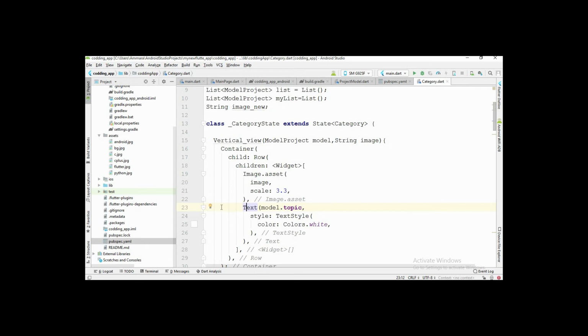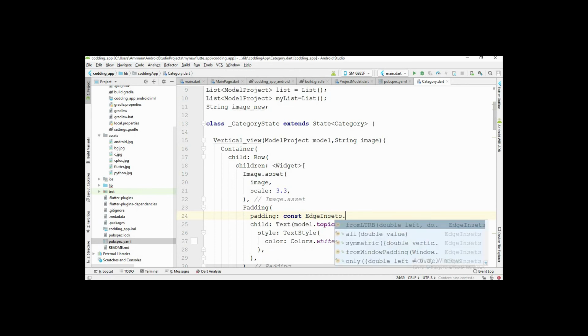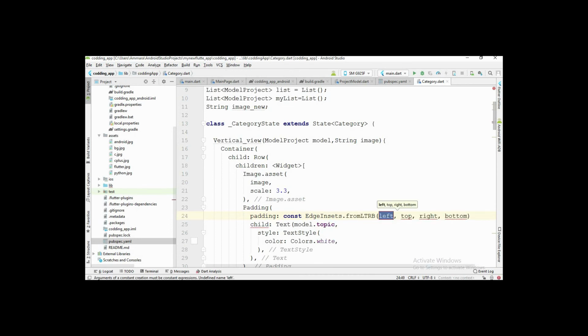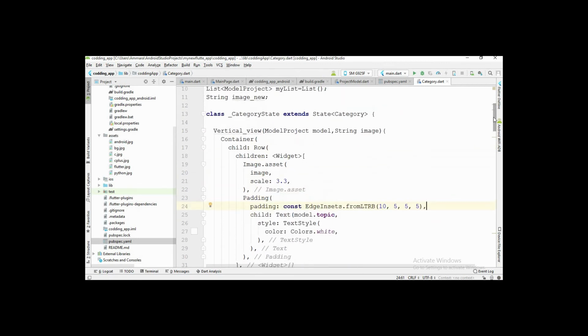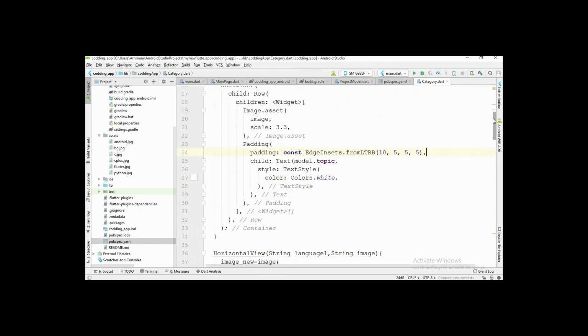So now I give some padding to this text, so that's why I'm using padding. And here I remove all this and I use this left right. From left I give 10 and from all other sides I give 5 padding, in this way, and write the comma here. And now we are done with this list view layout, but